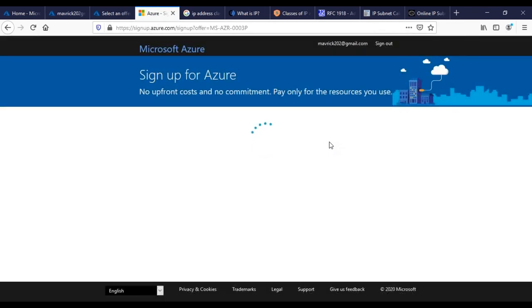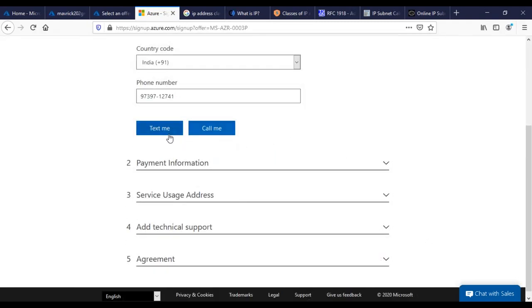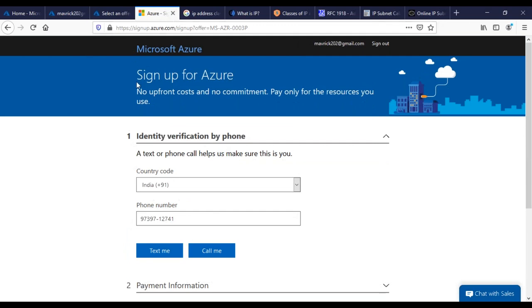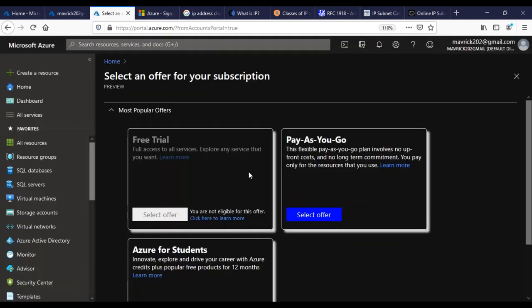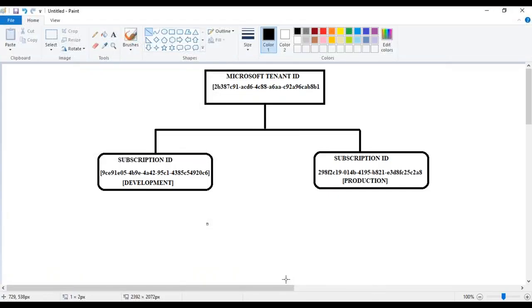That is why in most environments you are not responsible for creating this. You need to give details, go to the payment information, for example, and enter everything. That is why you'll explain it to the finance team or your boss, who has been given permission by Microsoft to create the accounts. So most probably you will be creating resources under the subscription; you don't create the subscription, they won't give you that level.